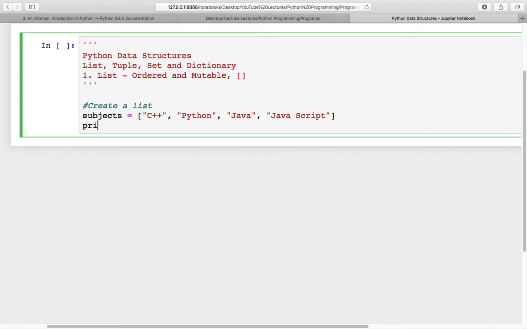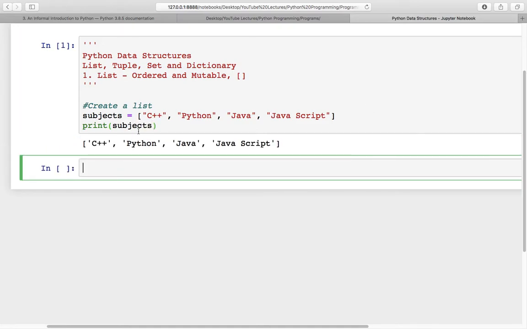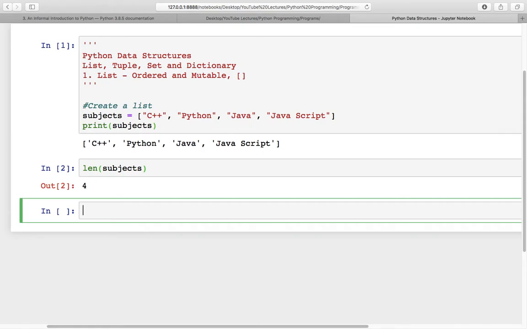If you want to see what this subject contains at this moment, you can print it, and here you have this list of subjects. You can also check the length using the len function as you have checked in strings. So there are four elements inside this subject.